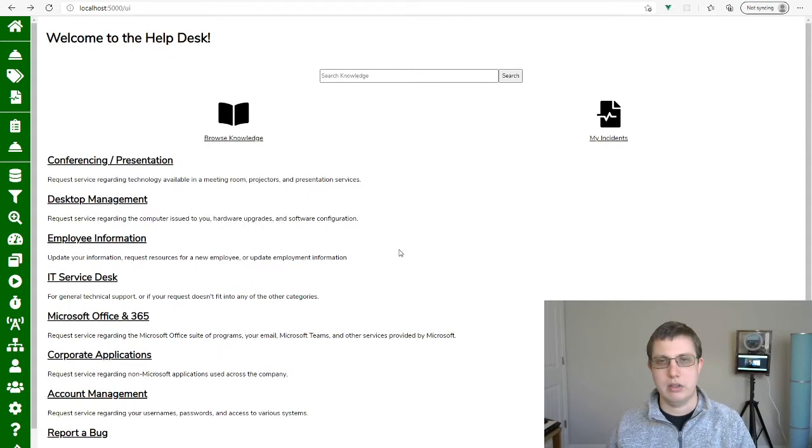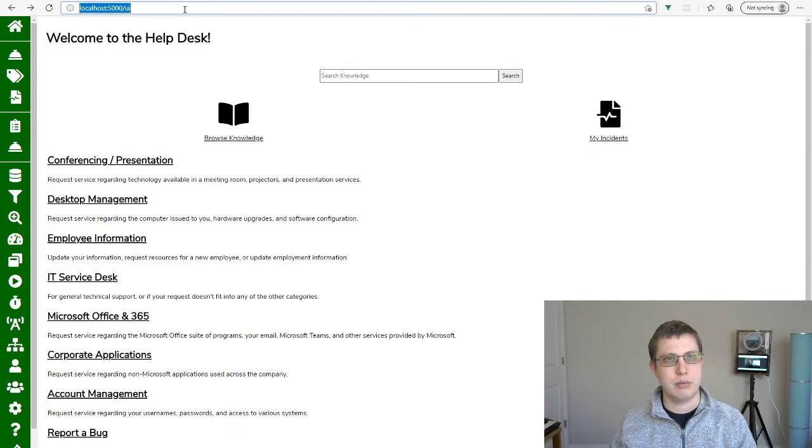And all of this is configurable. So each one of these pieces is a different component. This is a search widget. These are go-to collection widgets. And this is a service catalog widget. So all of these different components, all different parts of the system, all come together because they're actually defined as a dashboard. So in this case, I do have my homepage set to be a portal, but